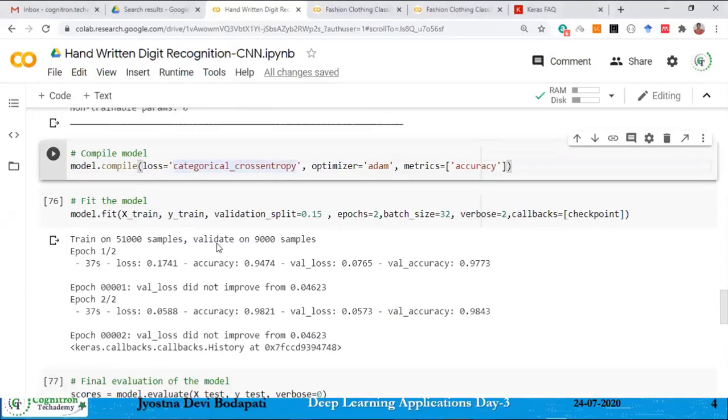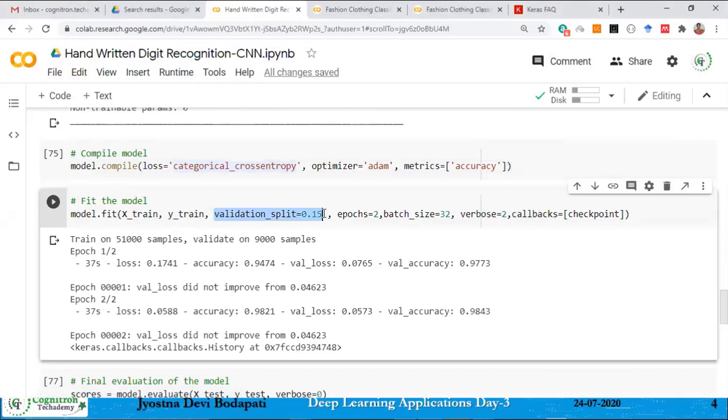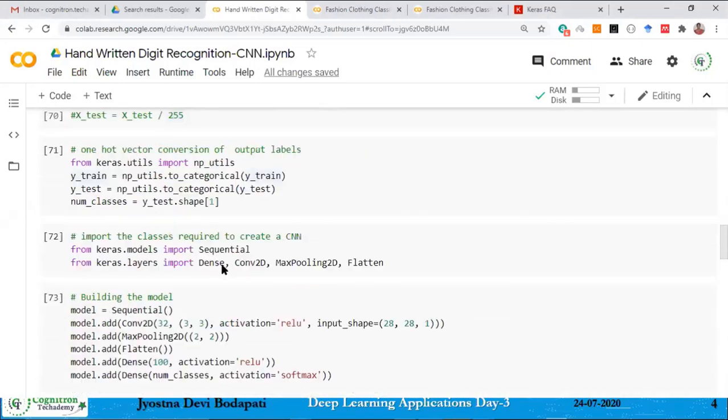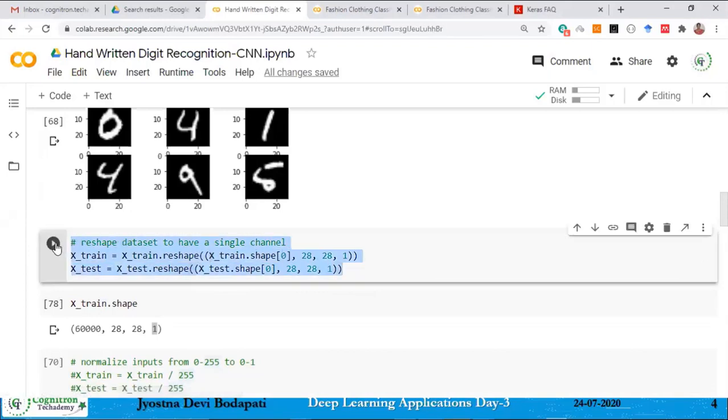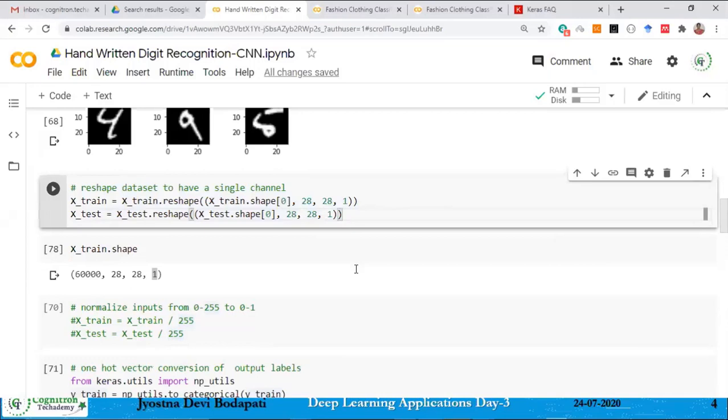Excuse me, madam. Yes, please. Madam, I got an error there. I have sent it by WhatsApp. Can you please see WhatsApp? In that input shape, ma'am, you need to reshape your input data. I just pasted this code also. This part of the code is missing, I think, because your input data should be 2D. No, that I've done. You've done it, and still you are getting the error? One minute.